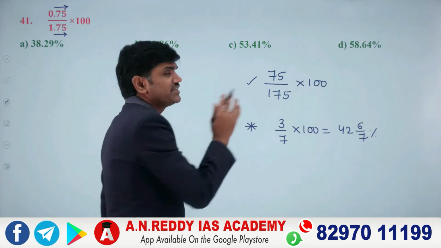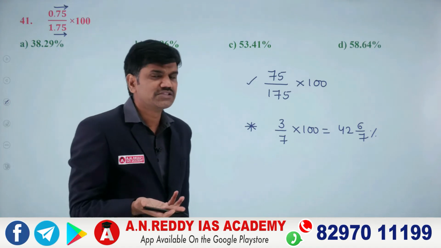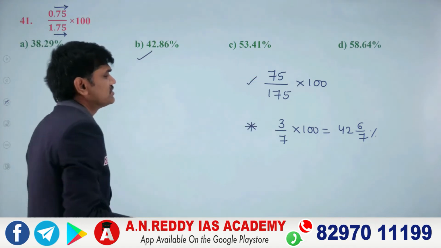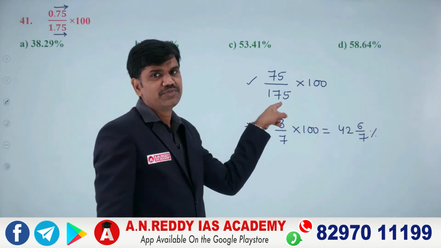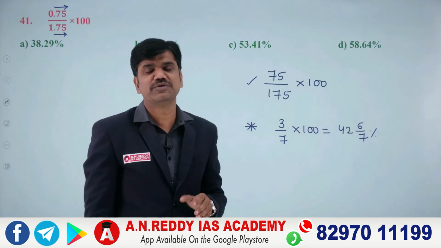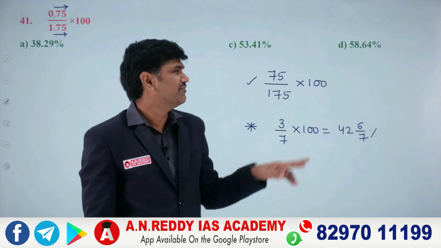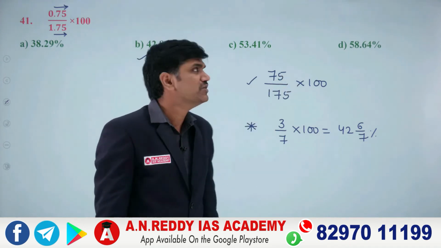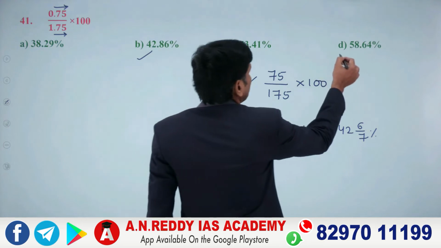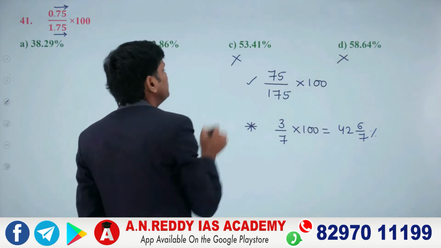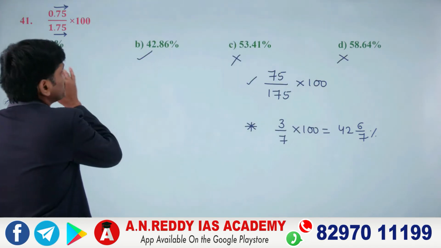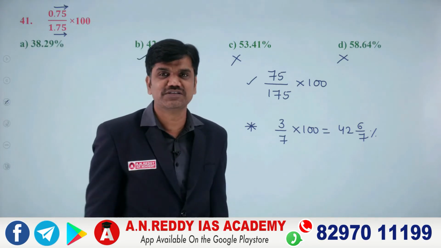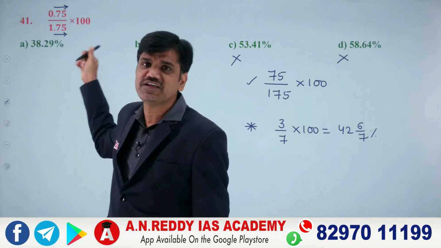If you are going for cancellation. If you don't want to go for cancellation, we have that range technique anyway with us. So this is what percent of this? 50% of this will be half, no? So half of 175 will give you how much? 87.5. I am very much sure that it is less than 50%. So you can eliminate options C and D. You are left with options A and B. You have to decide whether it is more than 40% or less than 40%, because one option is less than 40, the other is more than 40.